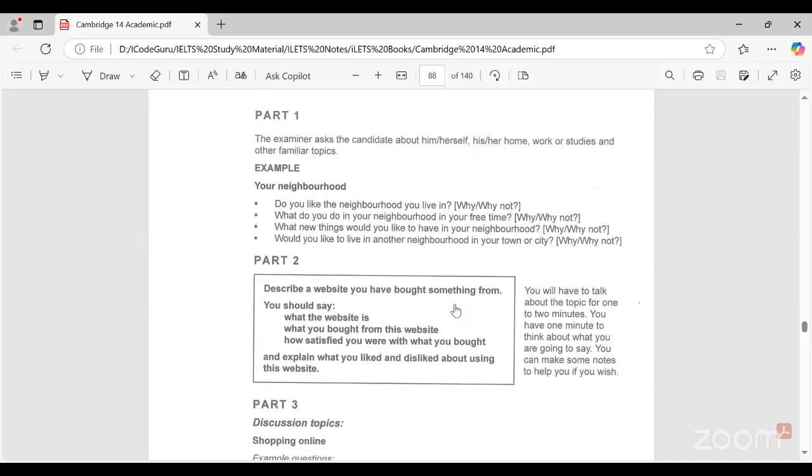It's about what we do in our free time, right? Yes, in your neighborhood, the area where you are living, all around the area. So we can say that we plant trees in our neighborhood in our free time. Yeah, you can do many activities. Like if I answer the same question, what do you do in your neighborhood in your free time?